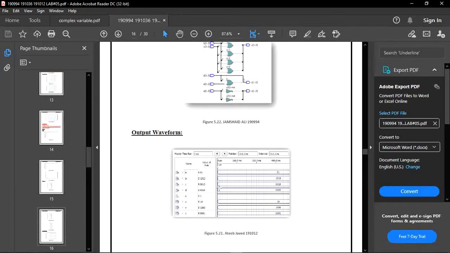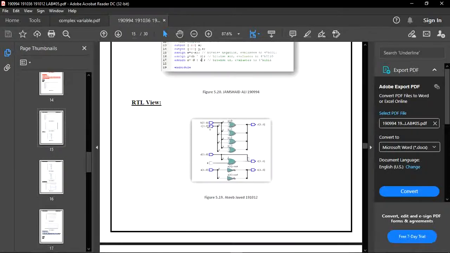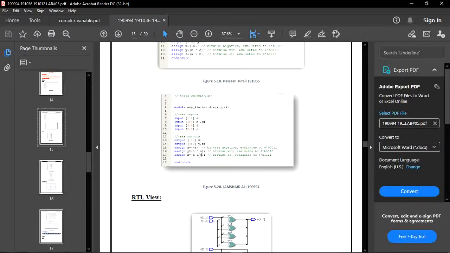In the output waveform, if we perform negation of A, then the function evaluates to 0011. If we perform the XOR operation, then it evaluates to the 4-bit 0110. If we perform the OR operation, then it evaluates to 1111.